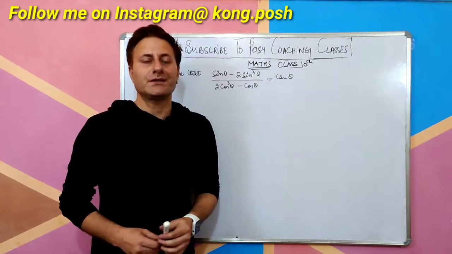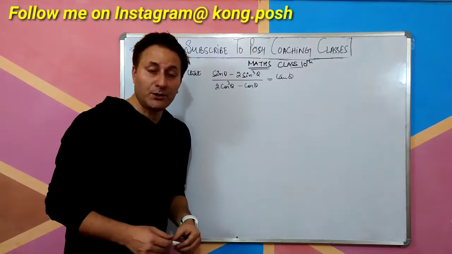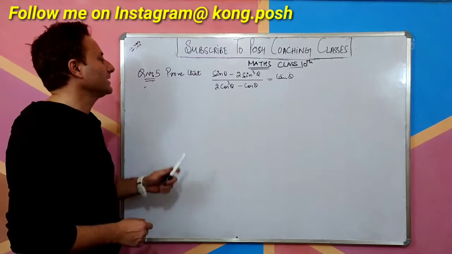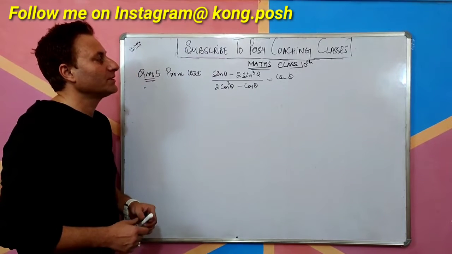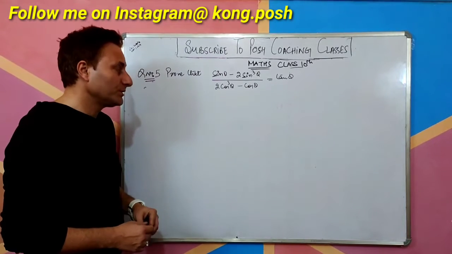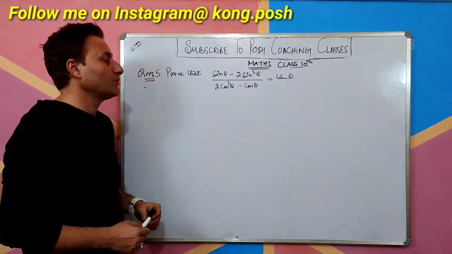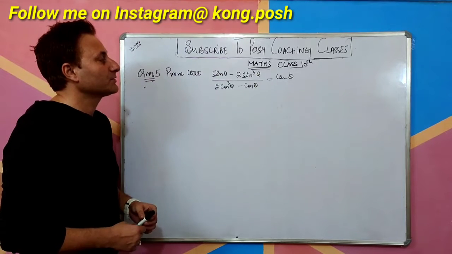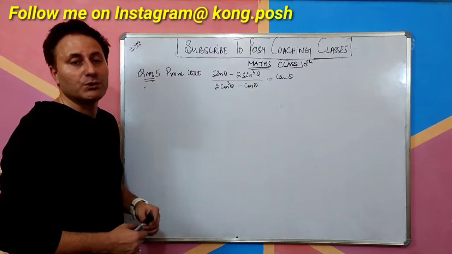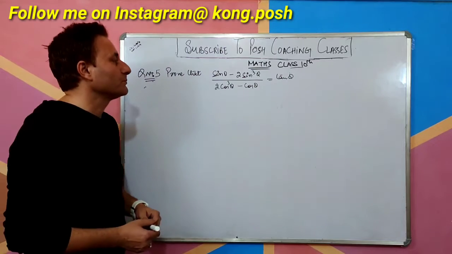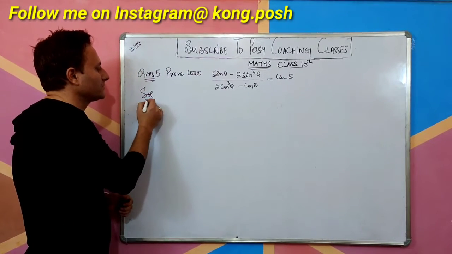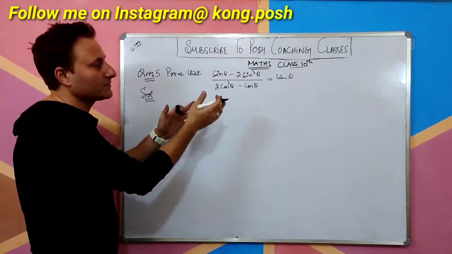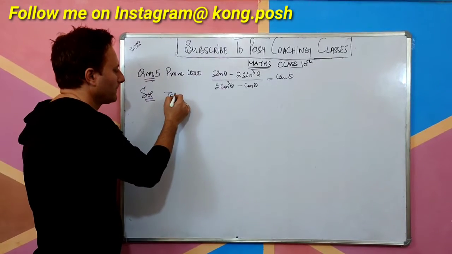Next question, again trigonometry, important question. So what does it say? It says prove that sine theta minus twice sine cube theta whole divided by 2 cos cube theta minus cos theta should be equal to tan theta. That's what we need to prove. Let's see what we can do. So in these type of questions, we need to take either of the sides. So taking